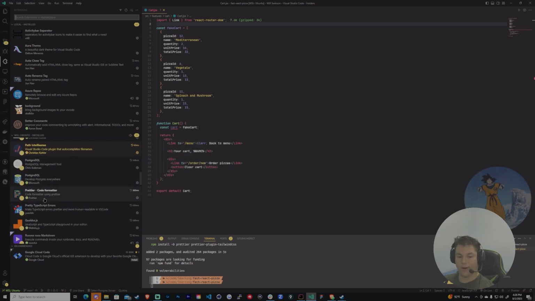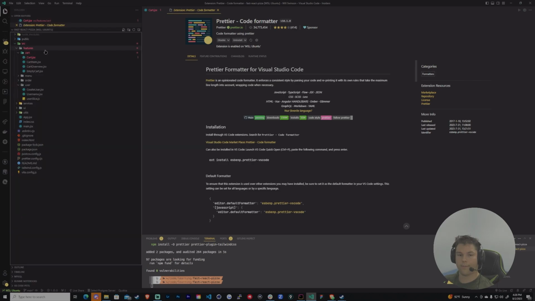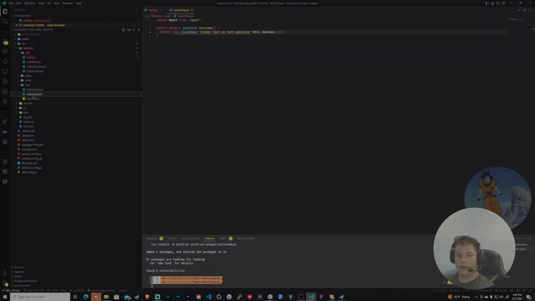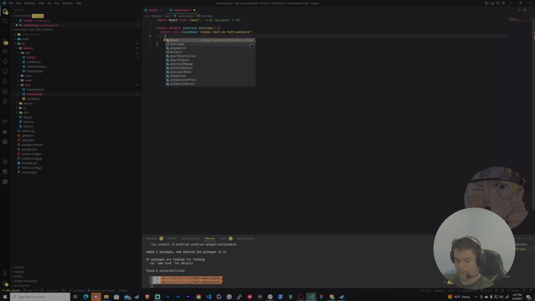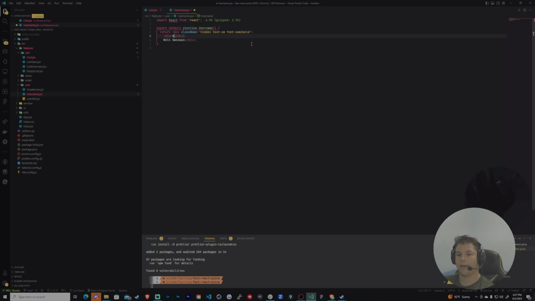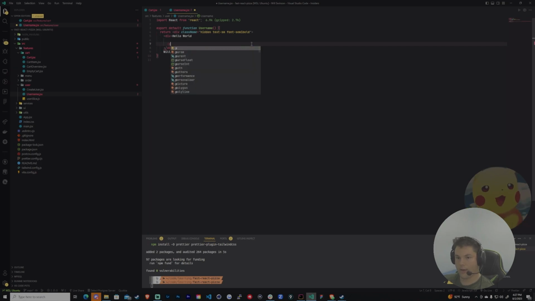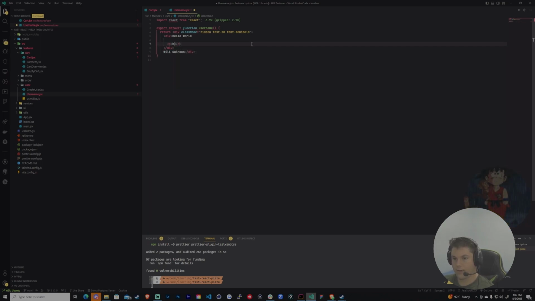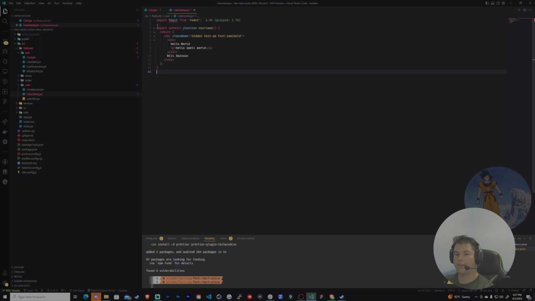Next one I'd say is Prettier. Prettier is really awesome. Let me give you an example of that. Let's just come over here and start adding, I don't know, a div, and then let's say we want that div to say hello world, and then inside under that we want a p tag that says hello small world. And then if you look right here, I'm going to Control S, and you can see all that just got formatted